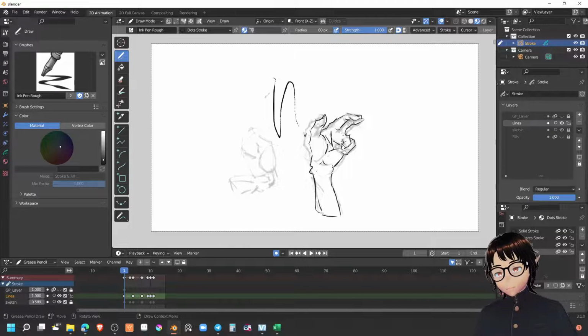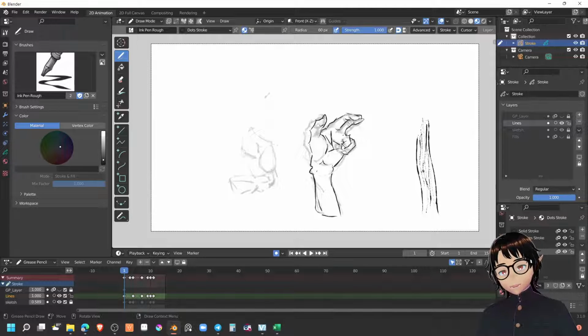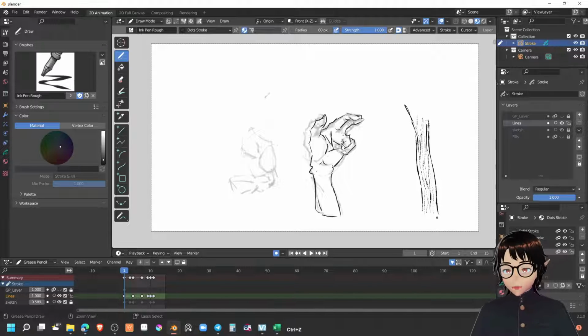So then you see that dotted stroke towards certain areas where I put less pressure, and this is perfect for trees. If you're drawing trees, you do it like that, and the outside you kind of go rough, but the inside you kind of just do the dotted, which is not a lot of pressure, and then you can add some extra detail. Anyways, let me delete all that,